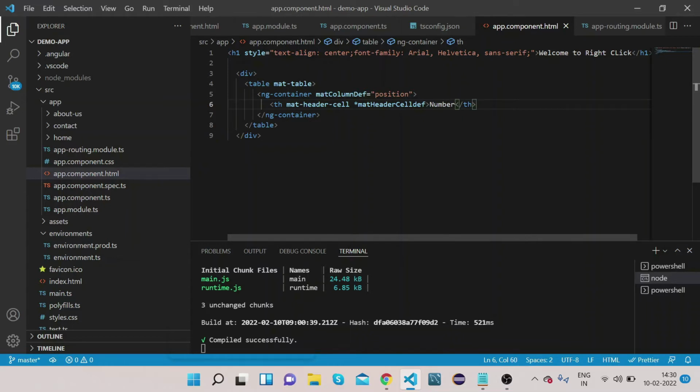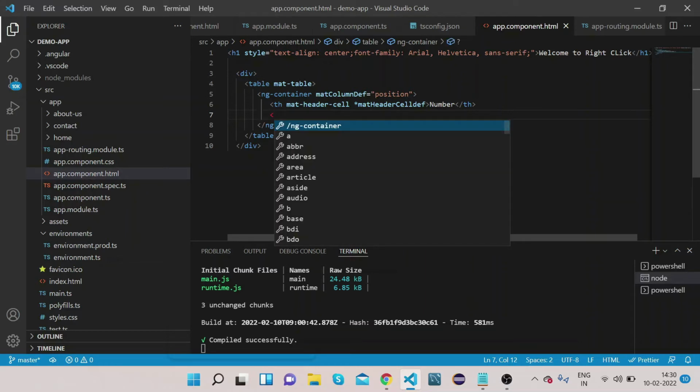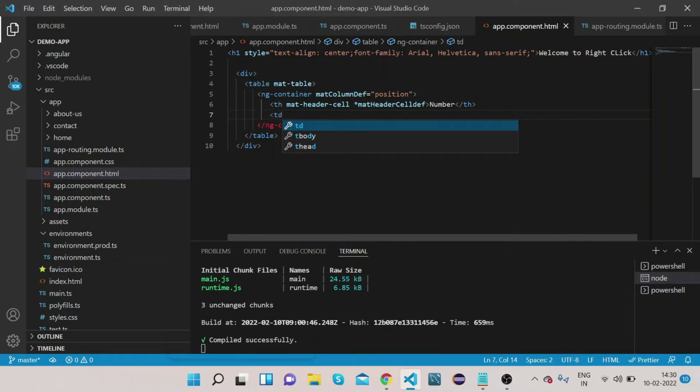Okay, now we need to bind the data also. So for this column what will be the value of that column? Okay, for that we need to bind a td, means table data. Okay, now add this to mat cell and bind it with mat cell def. Mat cell def equals to,